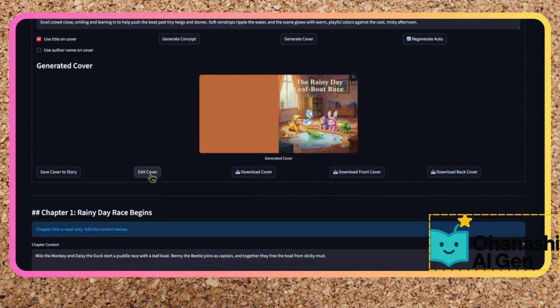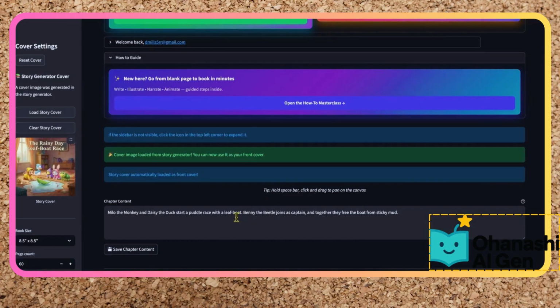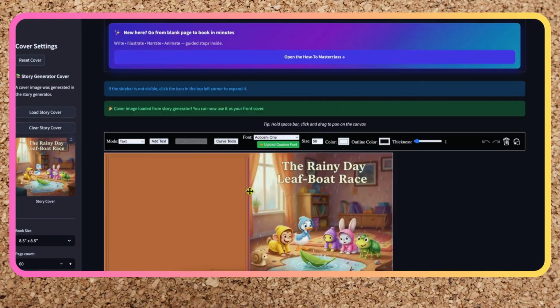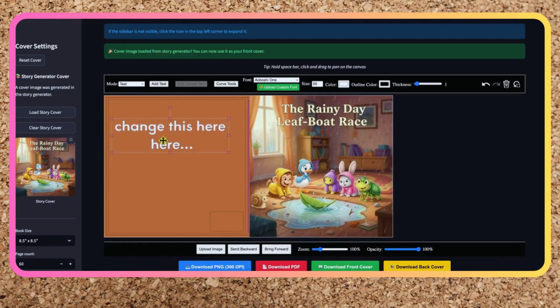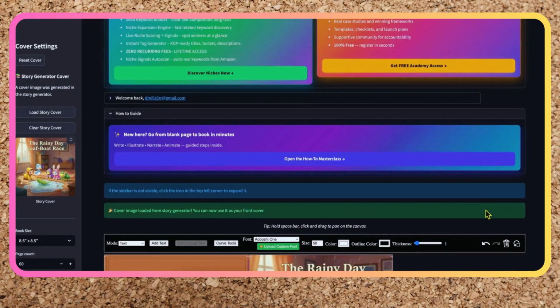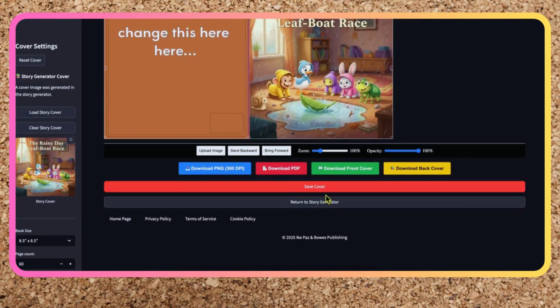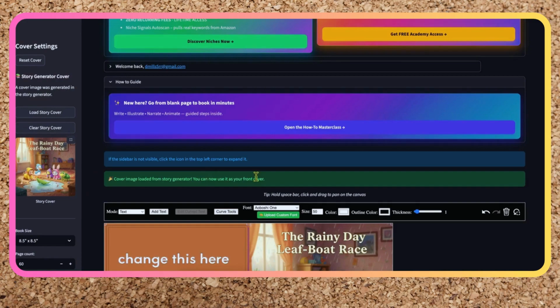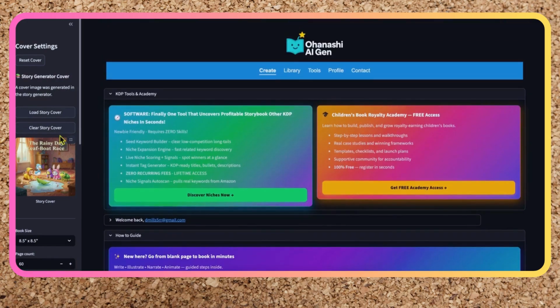And then I'm going to say auto generate book cover, include title on the cover. Absolutely. I don't want the author. And we can go with the traditional is like a square, is an 8.5 by 8.5, but you can come in here, you can select this for just a ton of sizes. I am going to stick with the normal 8.5 by 8.5 for a children's type book. And then I'm going to go ahead and click generate story.